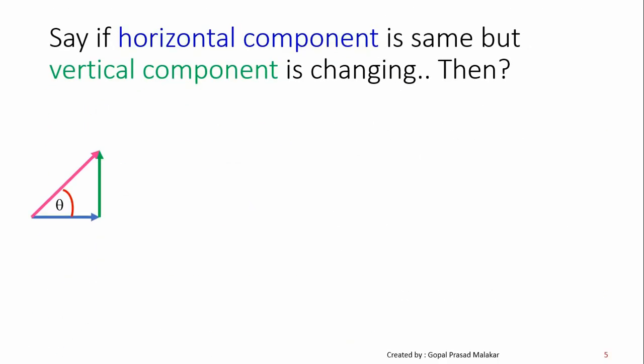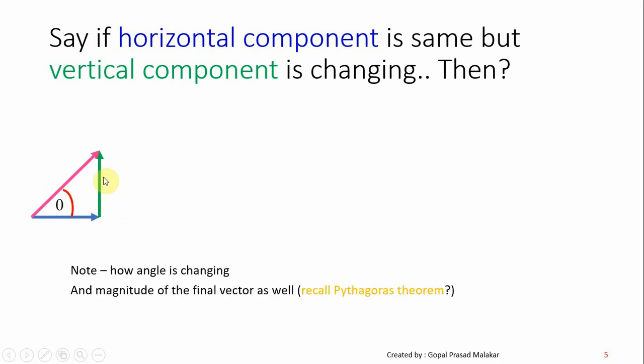Now let's understand one more thing. Let's say this particular horizontal component is the same, but this vertical component is changing. What will happen? So essentially, if this is the vertical component in the second chart, just understand the horizontal component is the same, but the vertical component has gone down. So what will happen? The angle will reduce, correct? And which will be bigger? If you think of Pythagoras theorem, it says a square plus b square equal to c square. Here a is the same, but b has become smaller. So obviously this c dash will be smaller than c.